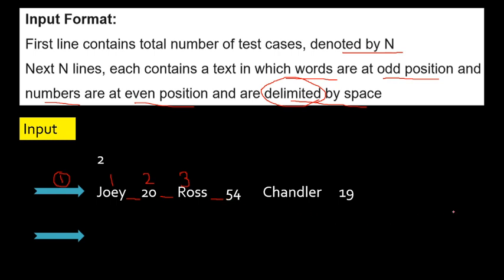They will give you any number of words, that is not known to us. How will I know the end of input? If I go to the next line, if I click on enter, then this input is completed. When I say \n, slash n is nothing but new line, enter. So when I press the enter key, it means we need to move on to the second input. Is it clear? If I press spaces, we are in the same input. When I press slash n, it means we are moving to the second input. Let me show you the second input also. In the second input, let us consider the example Phoebe.